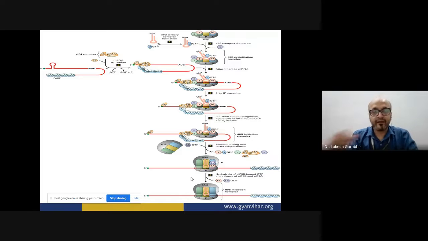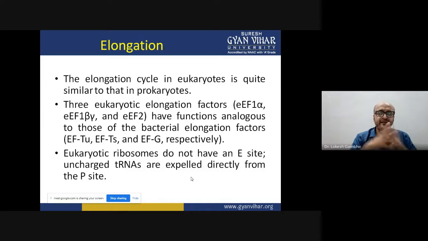So let us go ahead after having a clear-cut understanding of initiation complex and all the initiation factors. Now the ribosome is ready to elongate. And what is that stage? That is elongation. In prokaryotes, we discussed about 3 elongation factors, and similarly we have 3 elongation factors in eukaryotes also. And you'll be very curious to know that these 3 elongation factors that are present in eukaryotes perform the same functions as was in the case of prokaryotes.